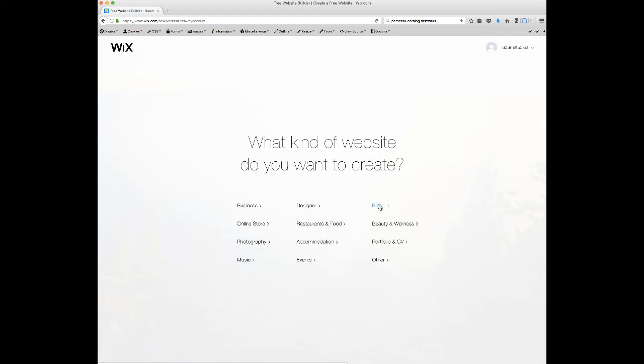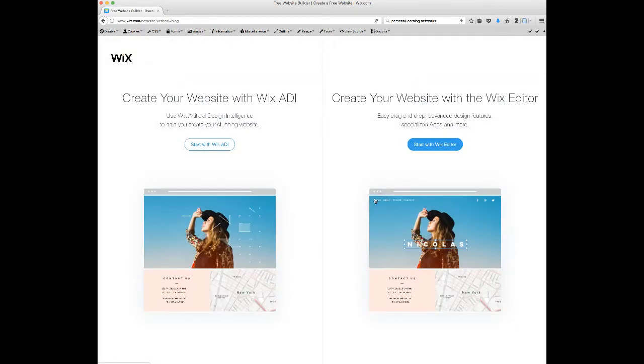So I'm going to click on blog, and then it's going to give you two options. Now, one of them is, I think the one on the left is the one that really steps you through and helps you with setting up the site, and the one on the right is where you're expected to have a little bit more coding knowledge. So I'm going to click on the one that says Start with Wix ADI,